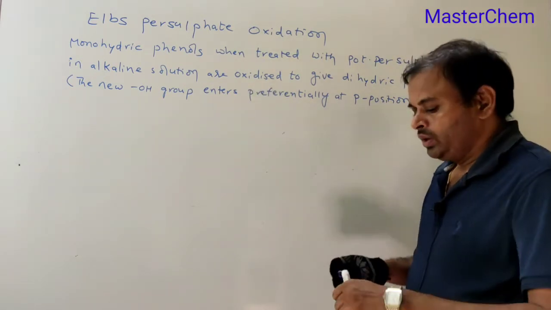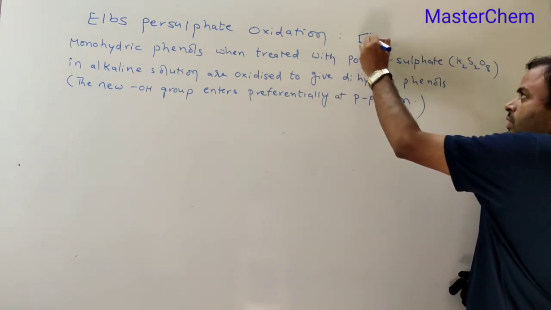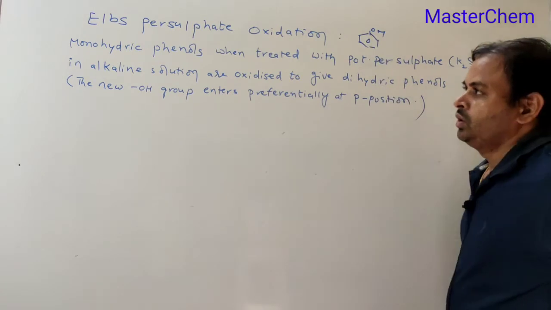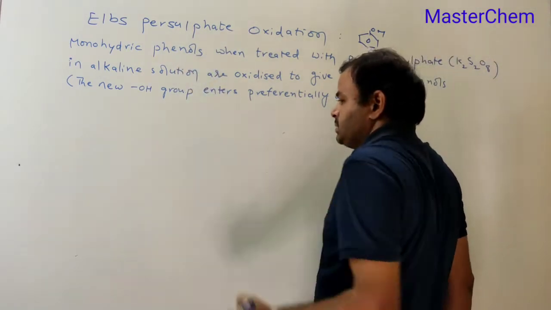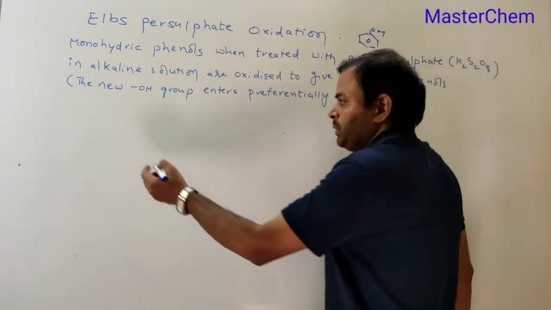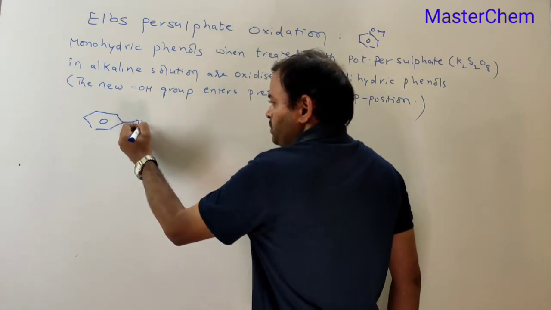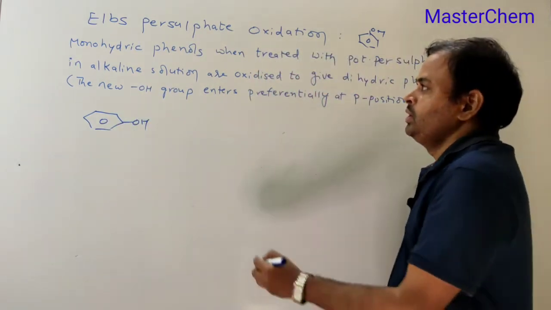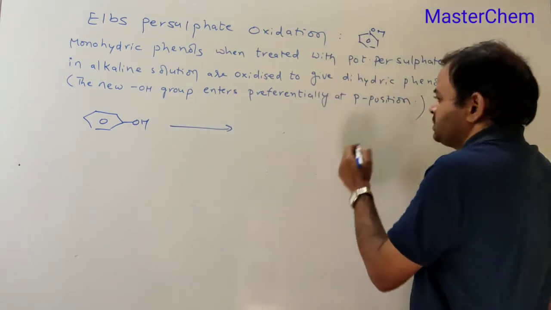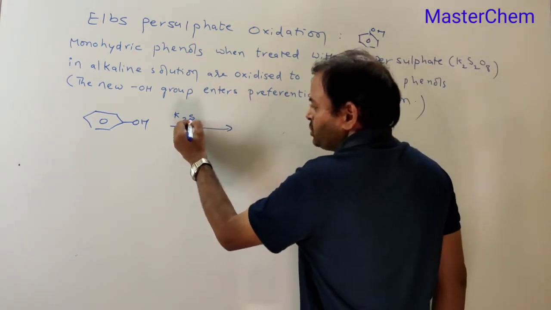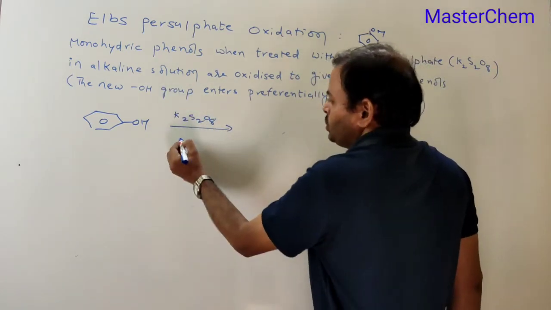Okay, so it is a reaction of phenols. What is the Elbs persulfate oxidation? Monohydric phenols. What is meant by monohydric phenols? A single OH group. These, when treated with potassium persulfate, that is K2S2O8, in alkaline solution,